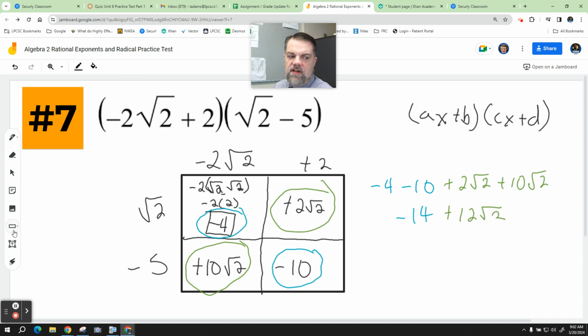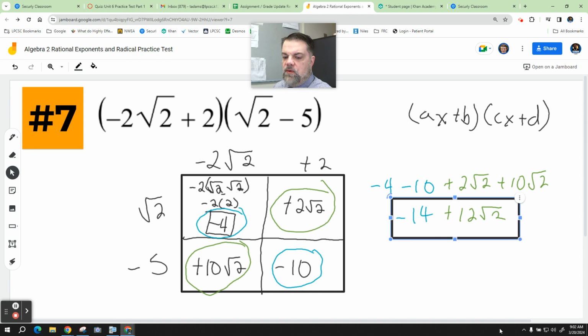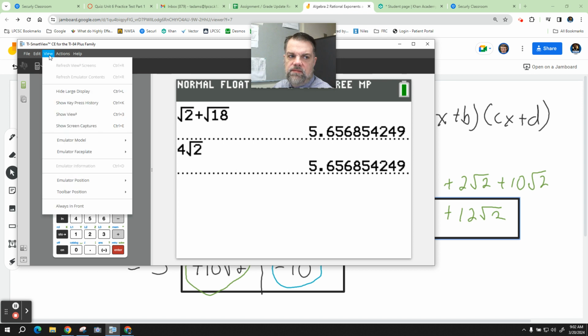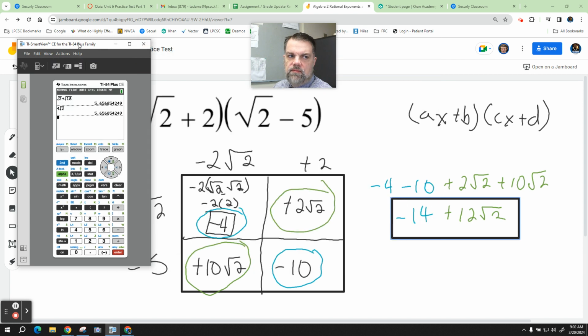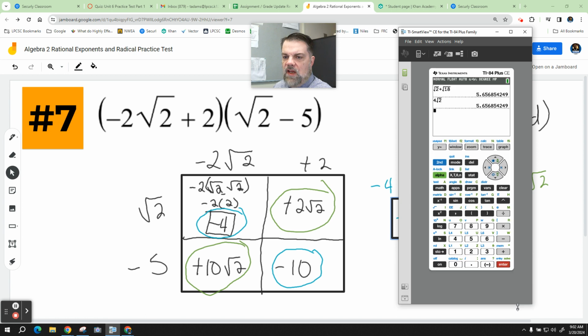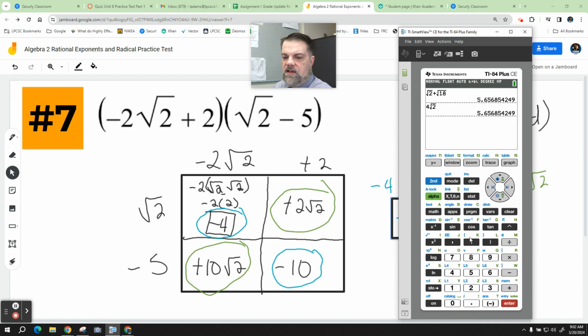And the beauty of this is we could double check this on the calculator too if we want. So if you pull out your handy dandy calculator, and just literally enter it in as you see it. So I'm going to say, remember though, you got to use the negative, not a subtraction symbol. Negative 2 root 2